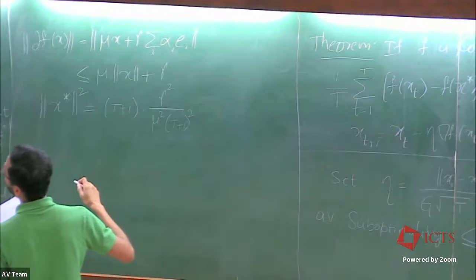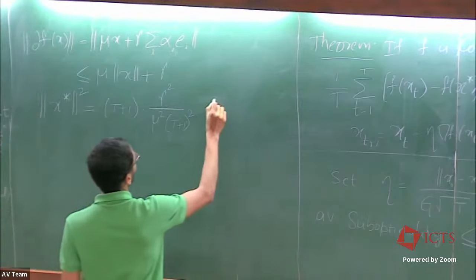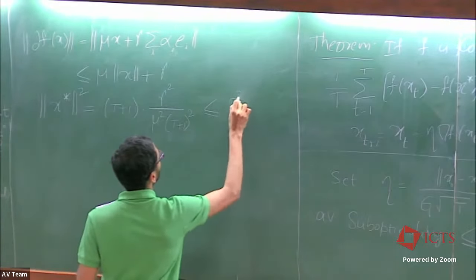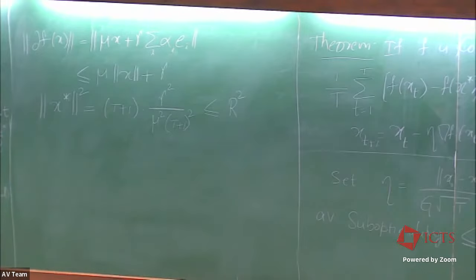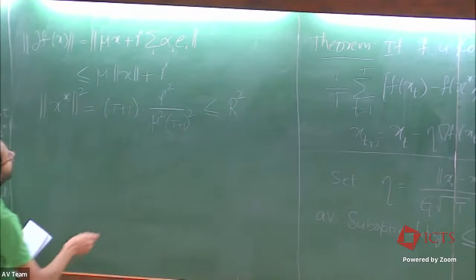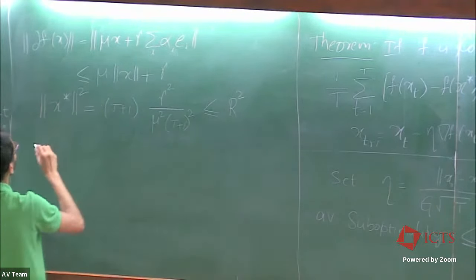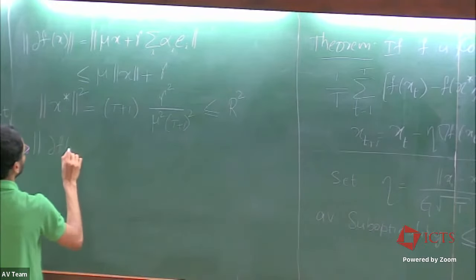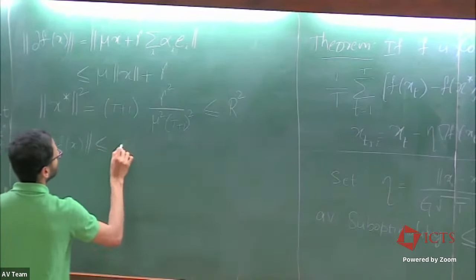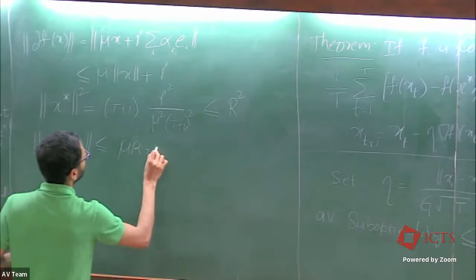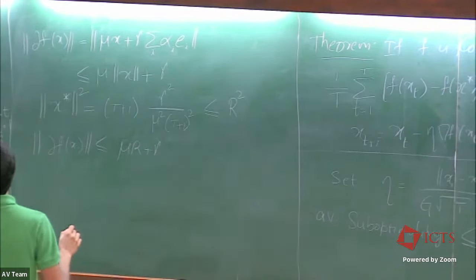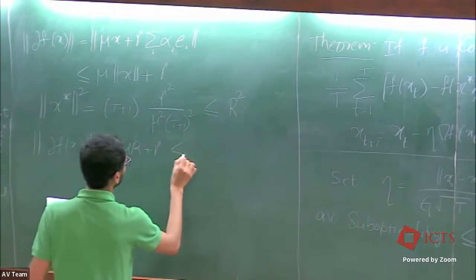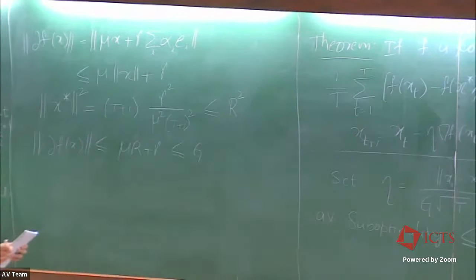So we can just plug in the values of gamma and mu to argue that this is actually less than or equal to r square. Okay, and if you plug this back in here, so the norm of any subgradient is less than or equal to mu r plus gamma, and we can again substitute things here, and then this is less than or equal to g. So the point is we have chosen these functions, and then we have shown that we know what exactly the optimum is,